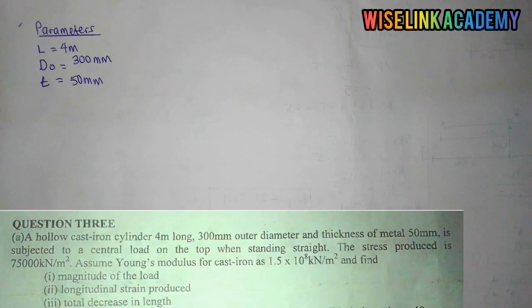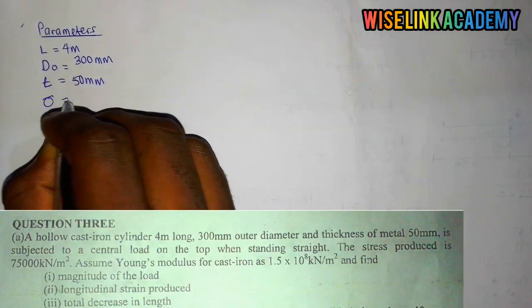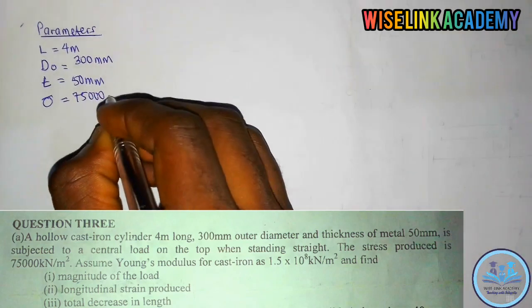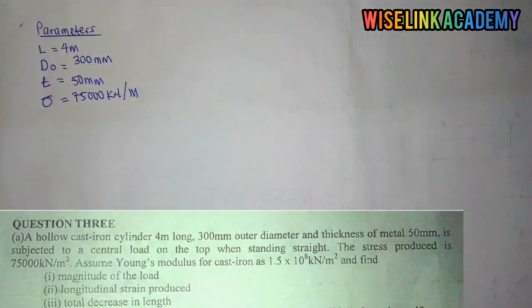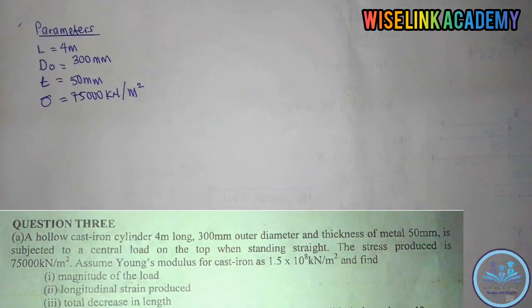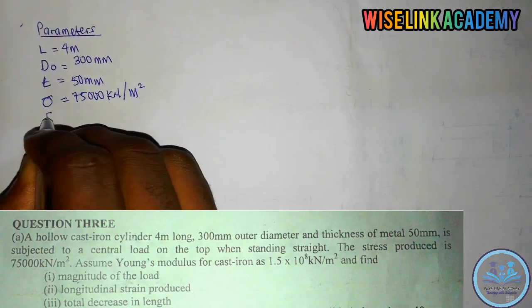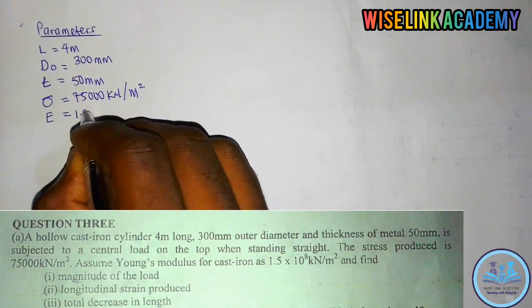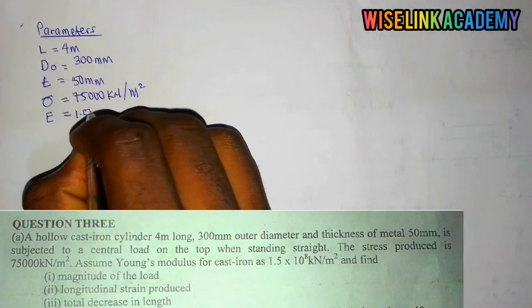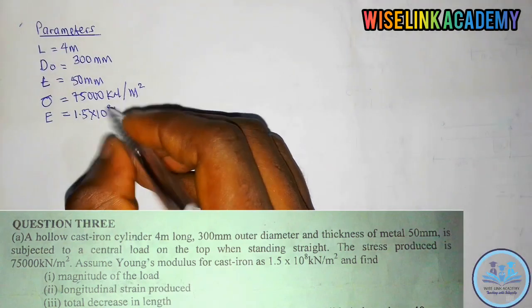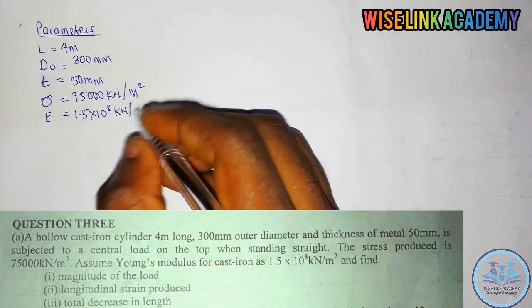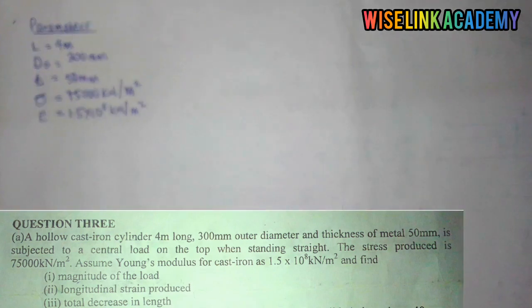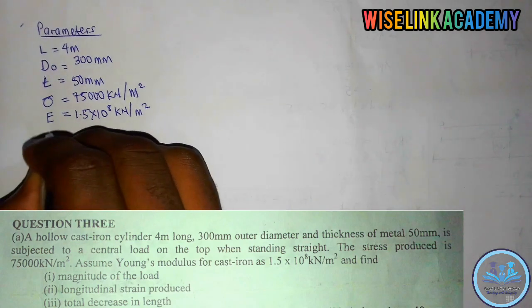So it's subjected to a center load on the top when standing straight. The stress produced is 75,000 kilonewton per meter square, isn't it? Assume Young modulus. So our Young modulus is expressed as E to be 1.5, as you can see at the right corner of the screen, times 10 raised to the 8 kilonewton per meter square, isn't it? Now find